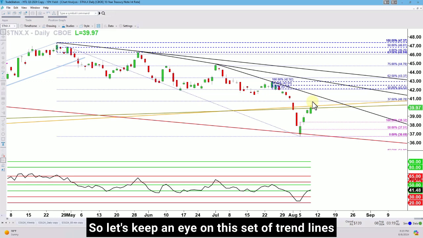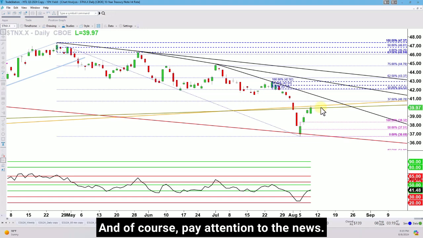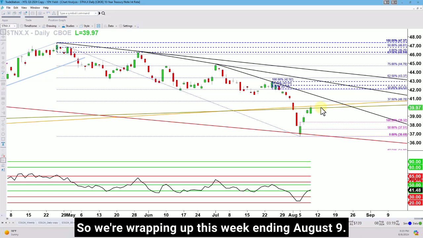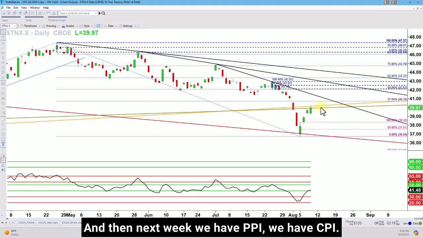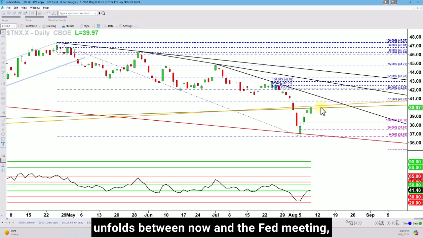So let's keep an eye on this set of trend lines here, the orange and the green, as well as the levels, and of course, pay attention to the news. We're wrapping up this week, ending August 9th, and then next week we have PPI, we have CPI. There's going to be more data that unfolds between now and the Fed meeting, which you've got to mark on your calendar. That's September 18th. It's going to be a very important day